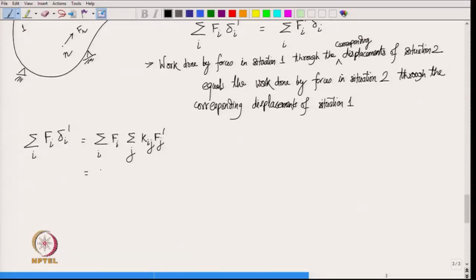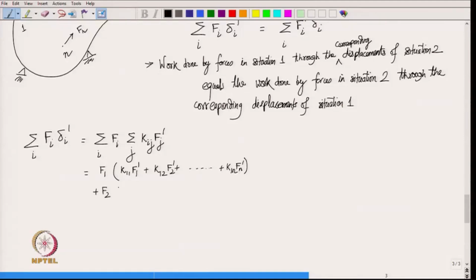And if we expand it slightly, then this is f_1 into k_11 f_1 prime plus k_12 f_2 prime plus dot dot dot up to k_1n f_n prime